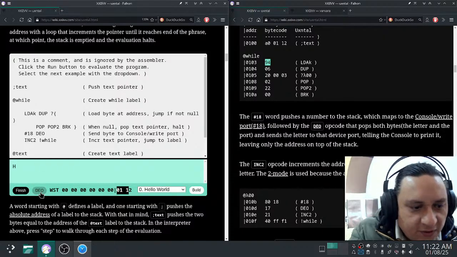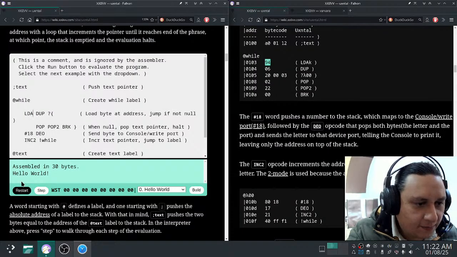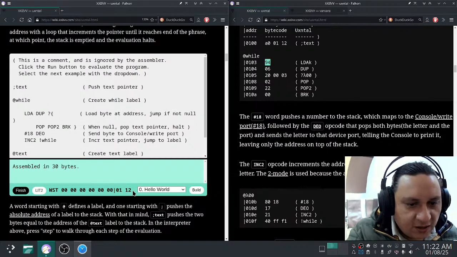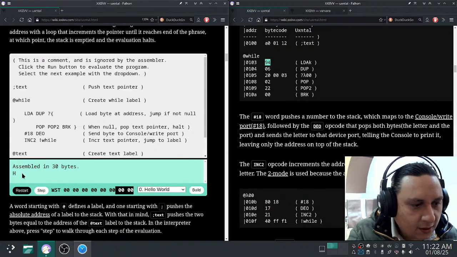So it is important that we use the correct modes. Let's see what happens if I miss this K here. It will push the address, then it will load the byte, but will consume the address. So by the time we get to Ink2, it will have nothing to increment, or it will just increment 0. Okay,